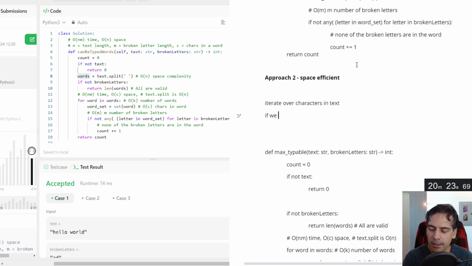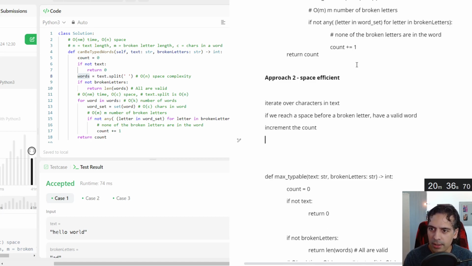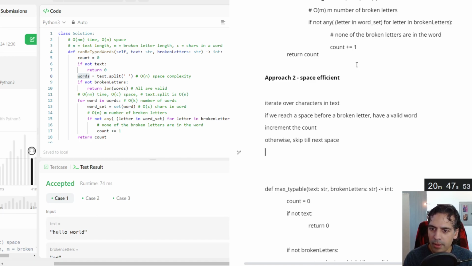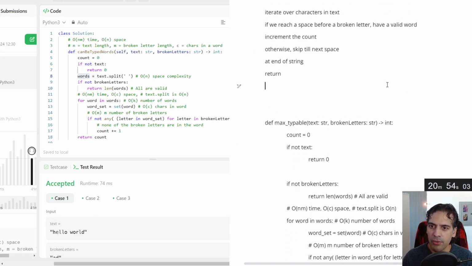If we reach a space before a broken letter, we have a valid word, so increment the count. Otherwise, fail. Otherwise, skip till the next space, or at end of string, return. That's basically the kind of iteration I'm trying to go for here.